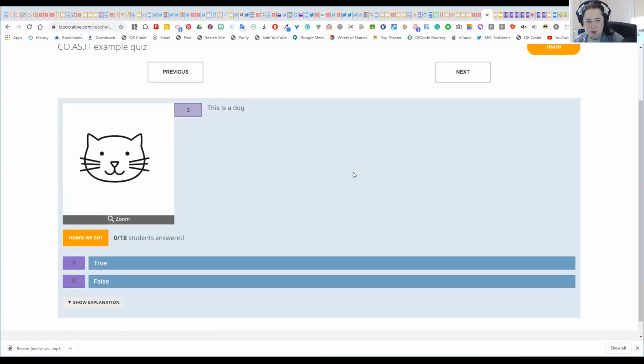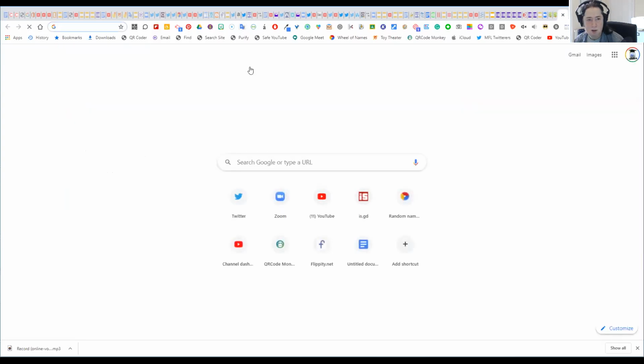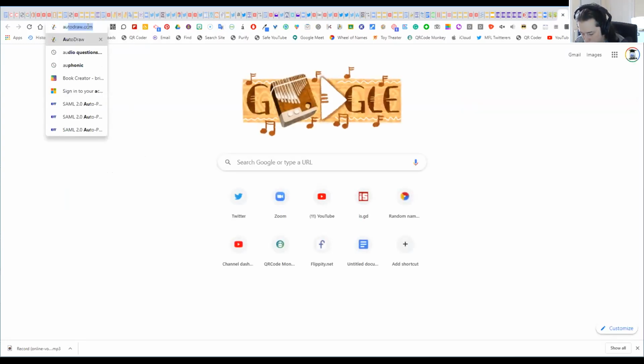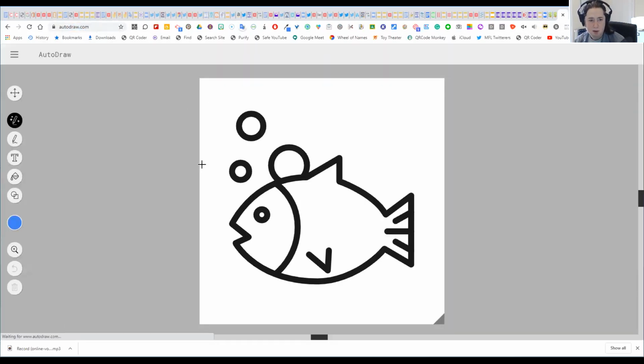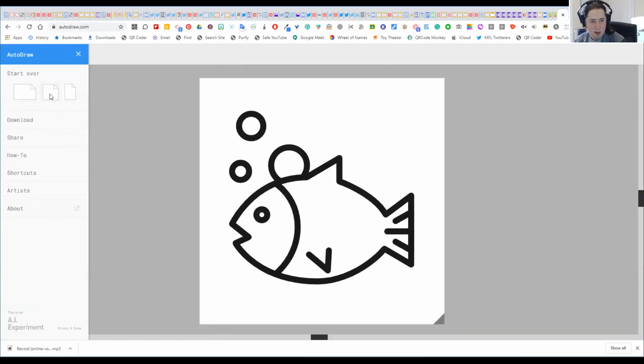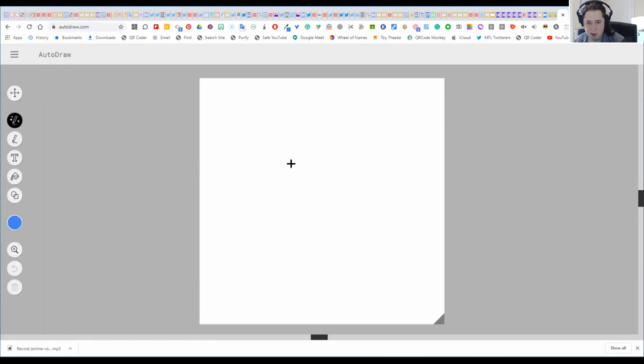Also a very difficult question. This image, I've created this in what's called AutoDraw, which I think I've shown you. But if I haven't shown you, if I just show you right now, if I click on the plus icon and go to autodraw.com, which looks like this. If I click Start Over and I draw